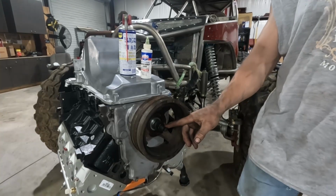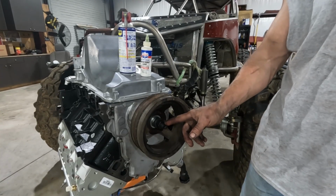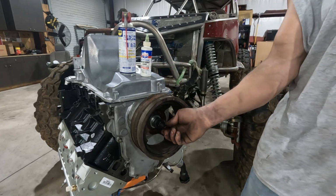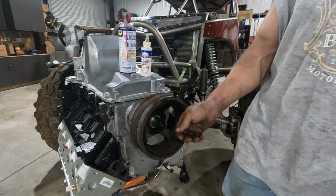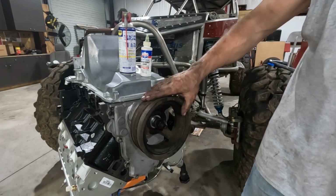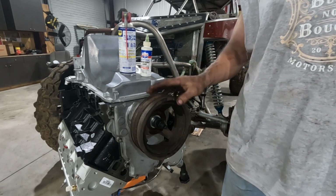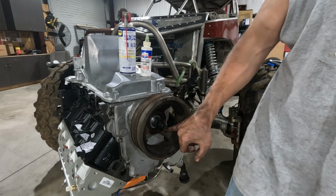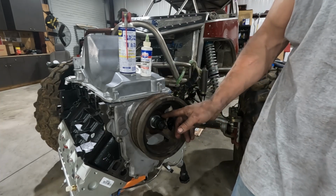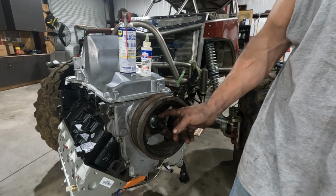So, the install tool comes with a shaft, much like any puller, that threads into the crank, the same as the bolt. I go ahead and I snug it down. I don't tighten it, but I get it so I know that it's bottomed out. And then you put on the pulley. I spray the crank snout down with a little WD-40 and the inside of this, just to help them move on each other. And then you got a washer, and then you got a thrust bearing stack up, and then